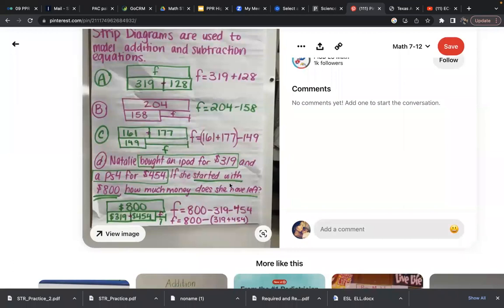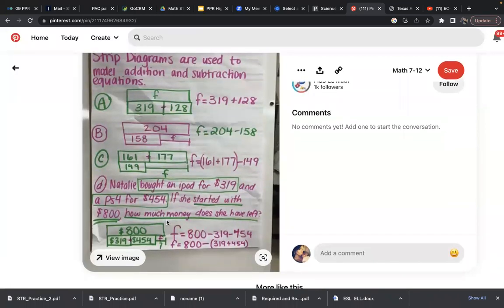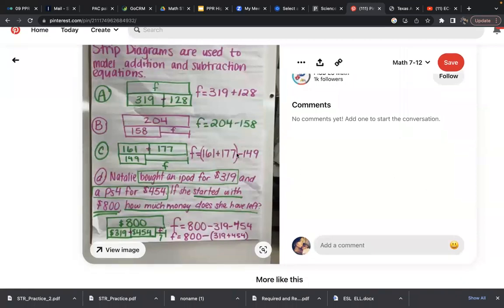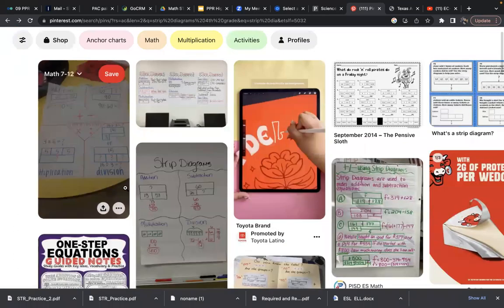If she started with $800, how much money does she have left? So here's the strip diagram for that. Although it doesn't look exactly like the other one, that's essentially it. They have to know how to do that skill,